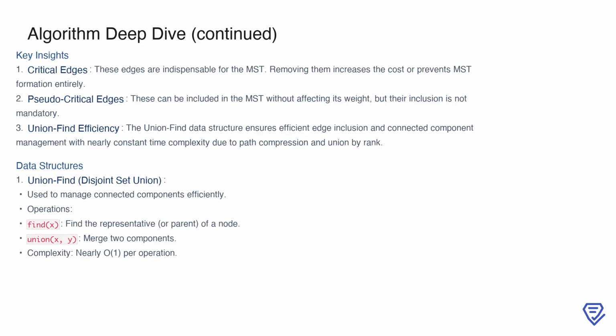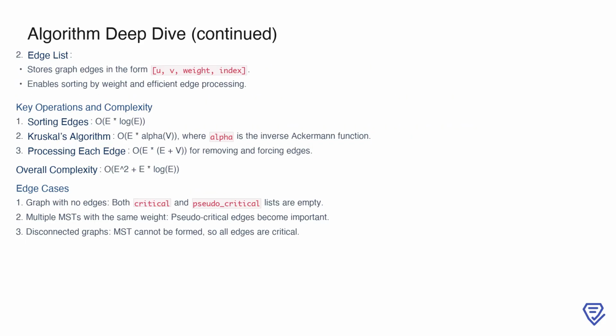The edge list representation of the graph is another important element of the solution. It stores all edges along with their weights and indices, enabling efficient sorting and processing. Sorting the edges by weight takes O(E log E), where E is the number of edges. Kruskal's algorithm further processes these edges in O(E * alpha(V)) time, where alpha is the inverse Ackermann function,